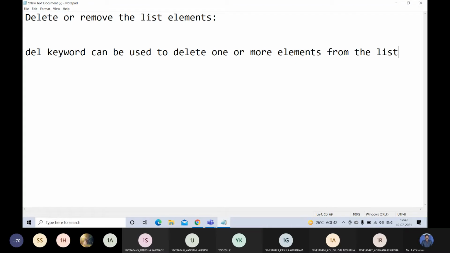Now let me take one example. If I have one list like this, L is equal to 1, 2, 3, 4 and 5, my list contains 5 elements. Now I want to delete the element 3 here.